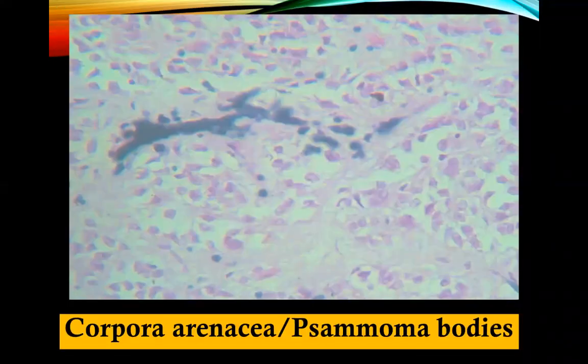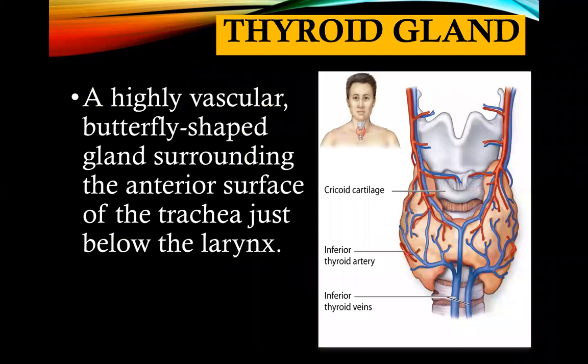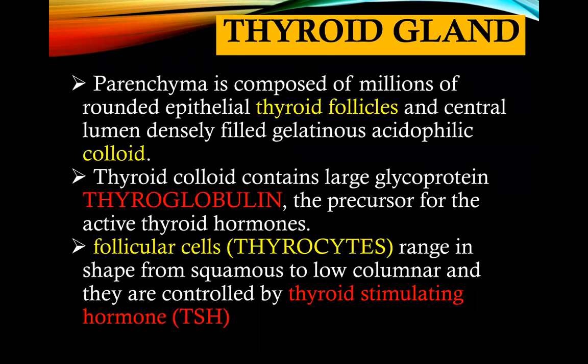Okay, next endocrine gland is the thyroid gland. This is a highly vascularized butterfly-shaped gland, as you can see on the right side of the screen, surrounding the anterior surface of the trachea, just below the larynx. Okay, in the thyroid gland, histologically,